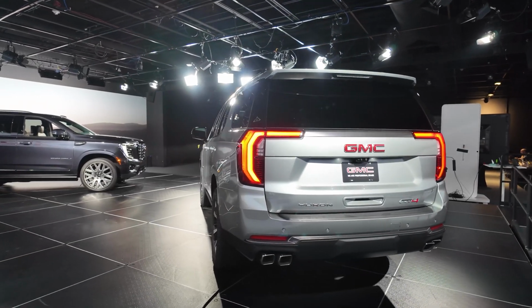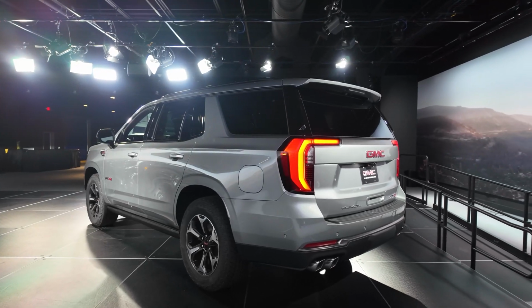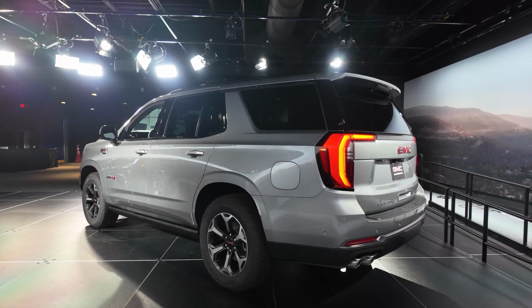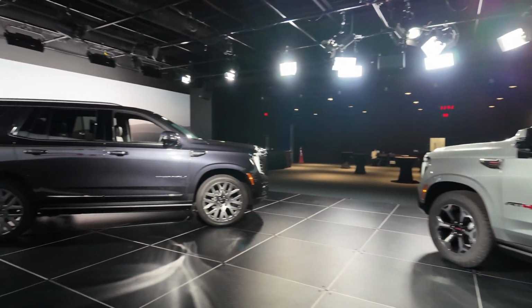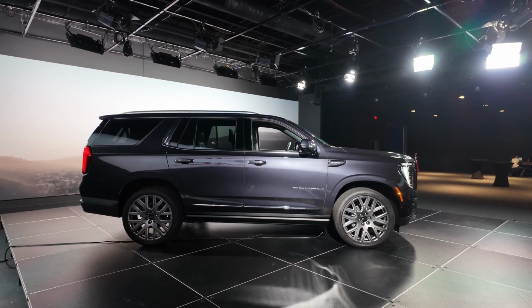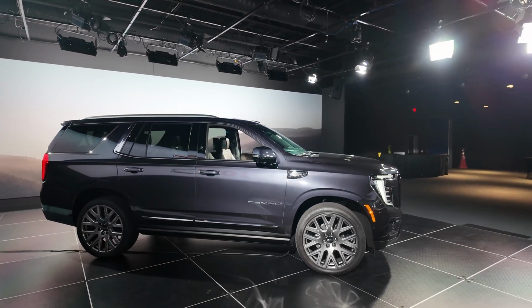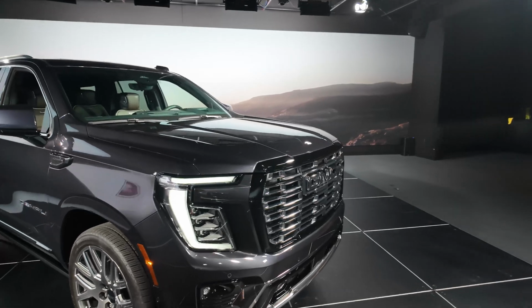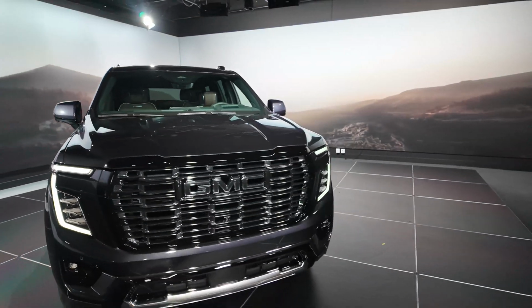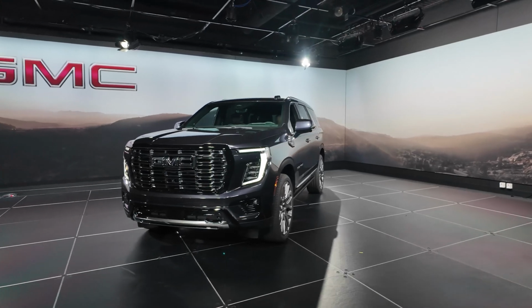There will not be an AT4X for the Yukon, but there will be the availability of the 3-liter diesel Duramax across all of the Yukon trims. You can get that in the AT4, AT4 Ultimate, and the Denali Ultimate, which for the previous pre-refresh one, just essentially was like a GMC version of a Cadillac Escalade. They really stepped up the luxury, but it was almost like a sleeper luxury SUV, right? It had all the features, the tech, the materials, but not quite as much over the top as you would